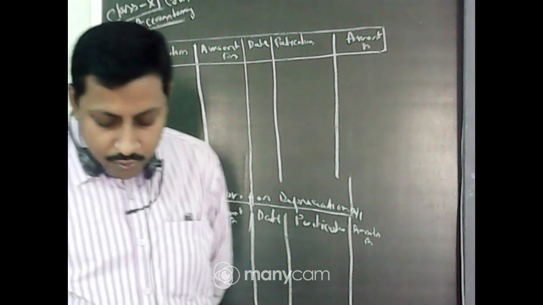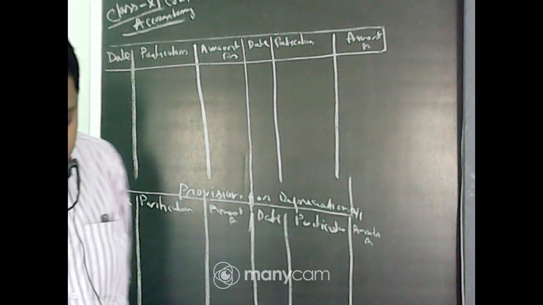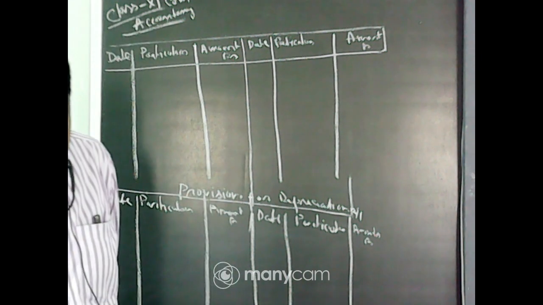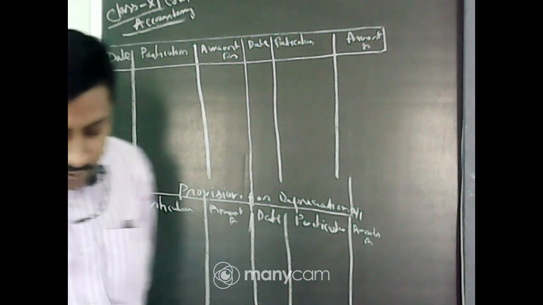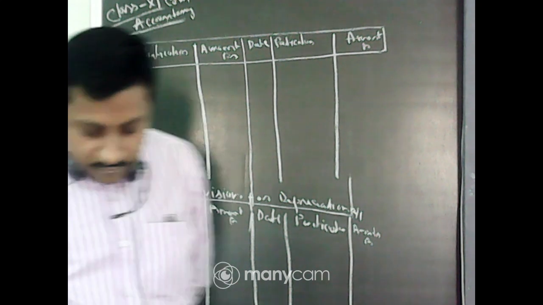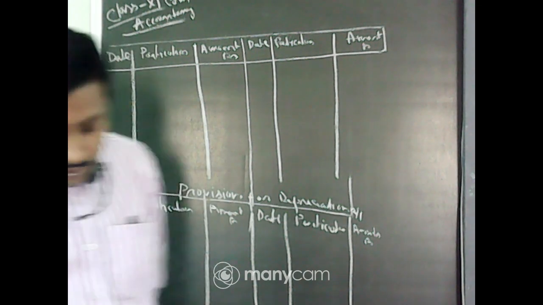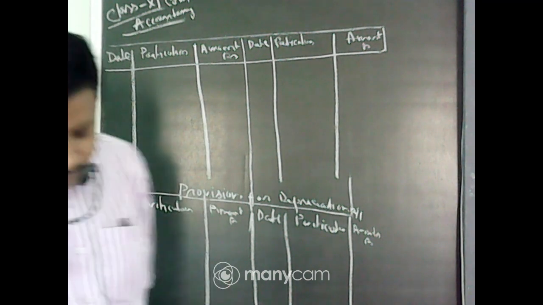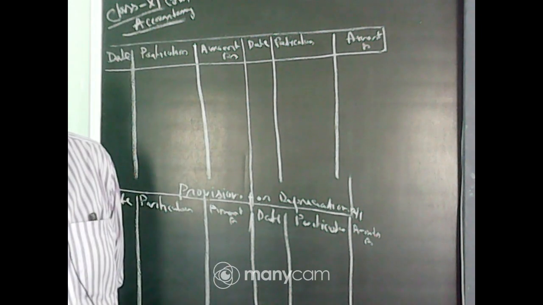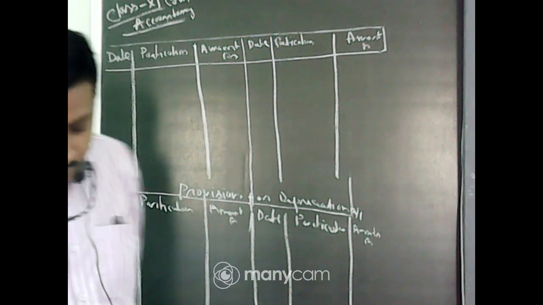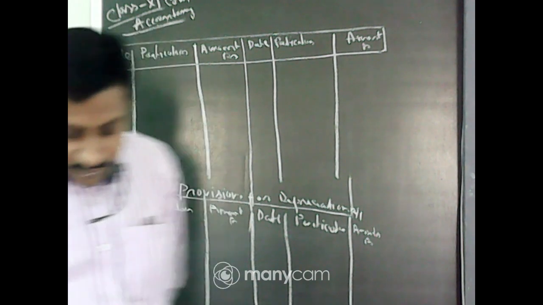The plant was sold for rupees 1,50,000 on October 1. On October 1, 2017, the machine which was purchased on 1st July 2015 was sold, and on the same date a new plant was installed at the cost of rupees 4 lakh. So a new machine was also purchased on that date, the same date before which the earlier machine was sold.